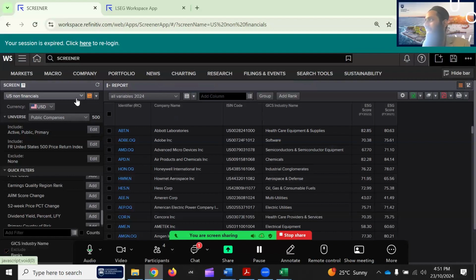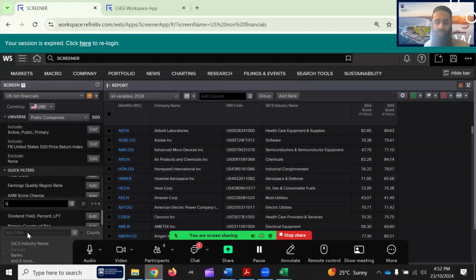Now we know how to save screens. But before that, manually, I added the filters by searching here. For example, board diversity. I search for it. Doesn't come anything. Maybe it's sleeping now. It says you have to re-log in.